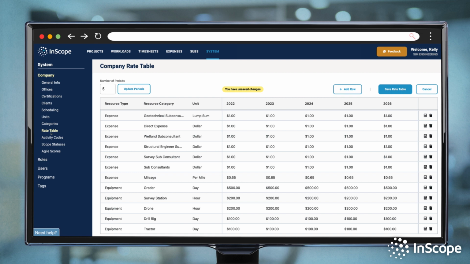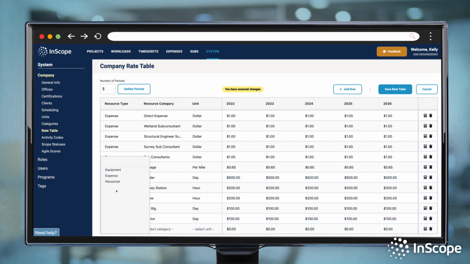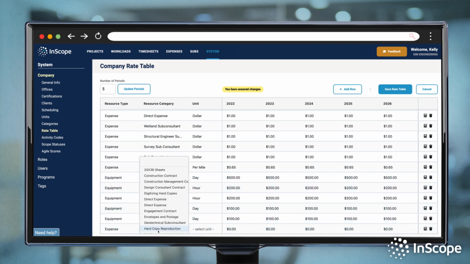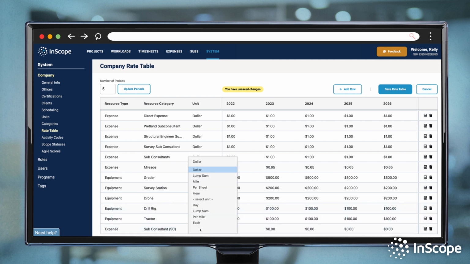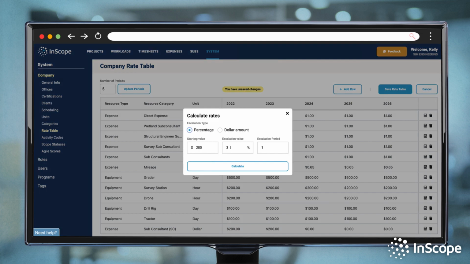Let's build out this pre-existing rate table by adding a new row and selecting your resource type. I'm going to pick from the expense category. Next, let's add a resource category. I'm going to select the sub-consultant we just created in categories, and then select dollars from the unit of measure here. You can now manually add your rates across the board, or use the calculator in the corner to escalate